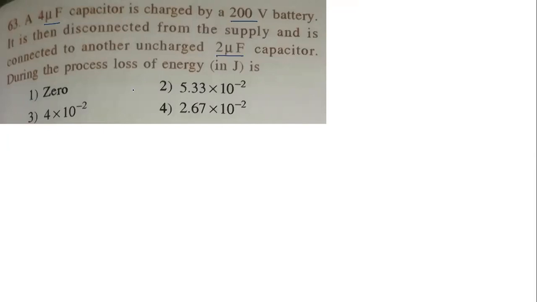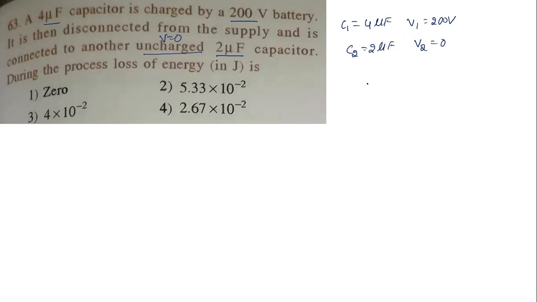Let us find initial energy, how much is there, final energy, how much is there, and common potential. So since they are connected, common potential must be what now? Okay, before that, C1 is 4 microfarad, V1 is 200 volt, and disconnected from the battery supply and connected to another uncharged, means potential how much? 0. So V2 potential is 0, and capacitance C2 will be how much, students? 2 microfarad. Now during this process, how much energy is lost we need to find out.